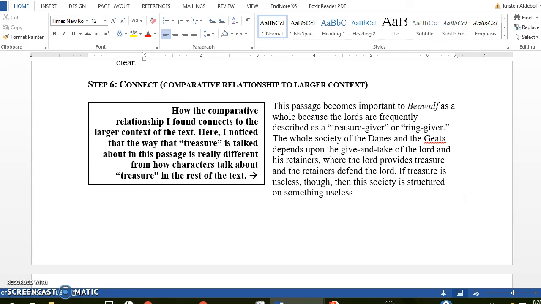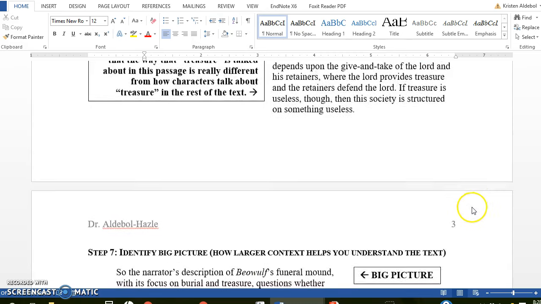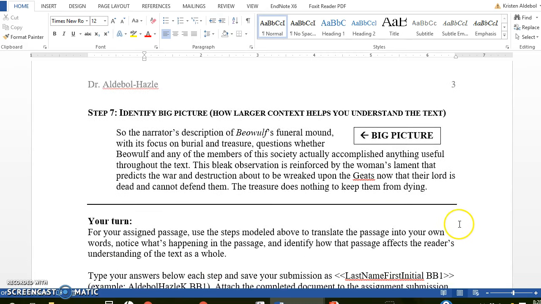If treasure is useless, though, then the society is structured on something useless, and that seems like kind of a big deal. And so in step 7, that's where we identify what is the big picture. How does the larger context that we determine in step 6 help us understand the text as a whole? So how does this potential undermining of treasure as a basis for society help us understand the text as a whole? So the narrator's description of Beowulf's funeral mound, with its focus on burial and treasure, questions